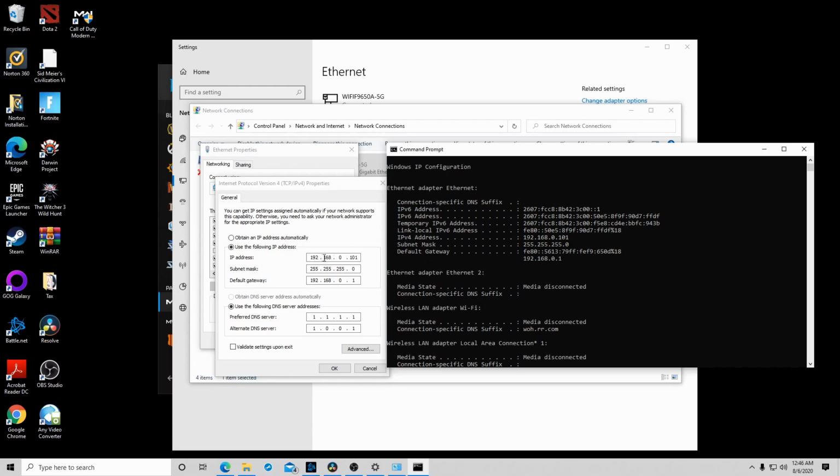click properties. Alright, so I'm going to guess if you've never done this before, your current setting is just at obtain an IP address automatically. You don't want this. We want to keep it static, so we're going to click use the following IP address. In order to get your current IP address, we're going to go down to our search function here, and we're going to type in CMD, and that's for command prompt. So you're going to click that,